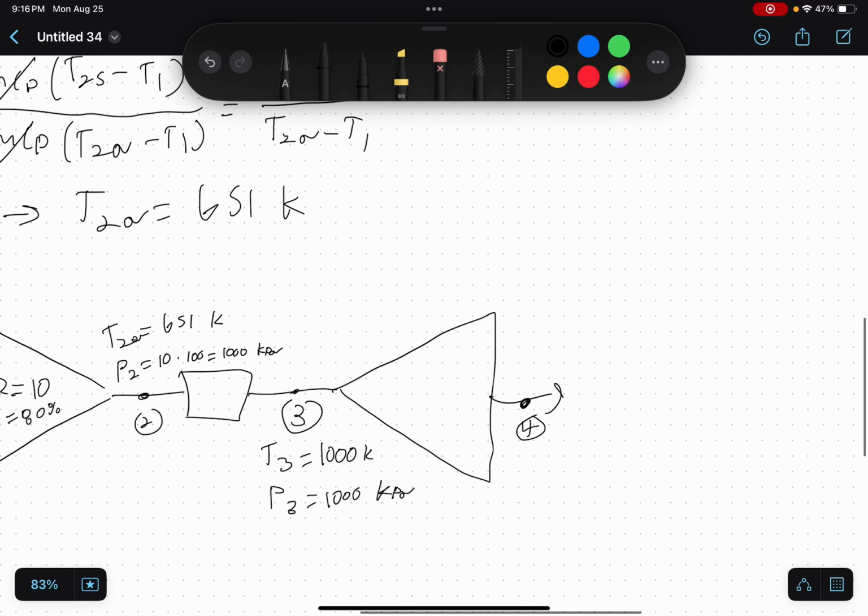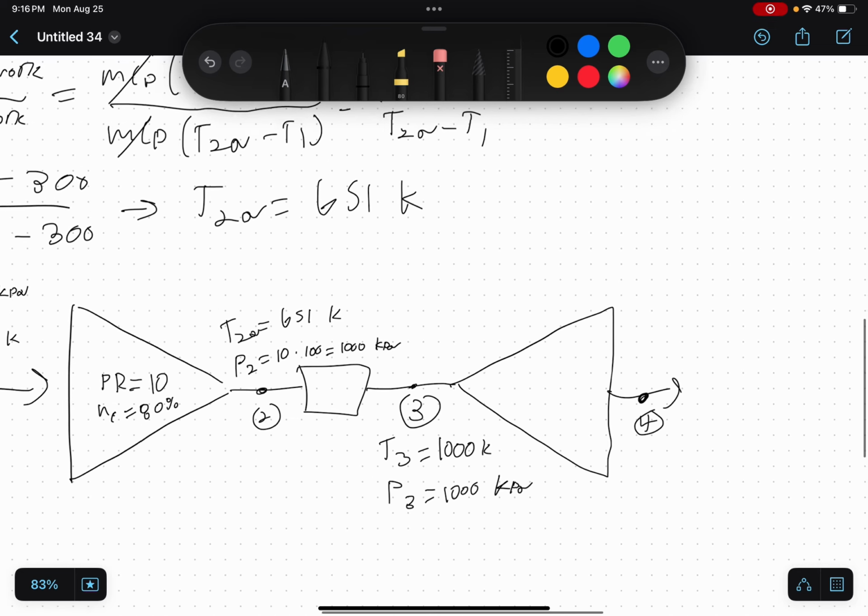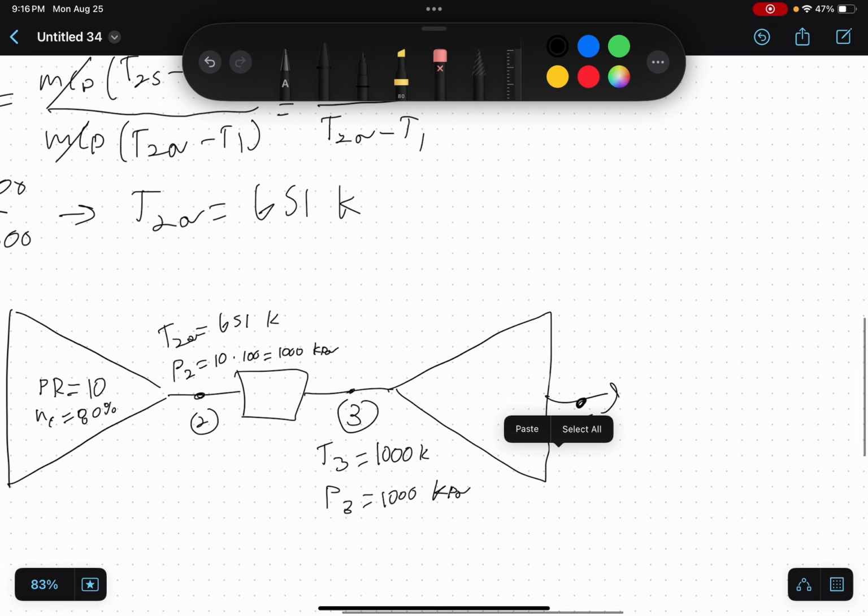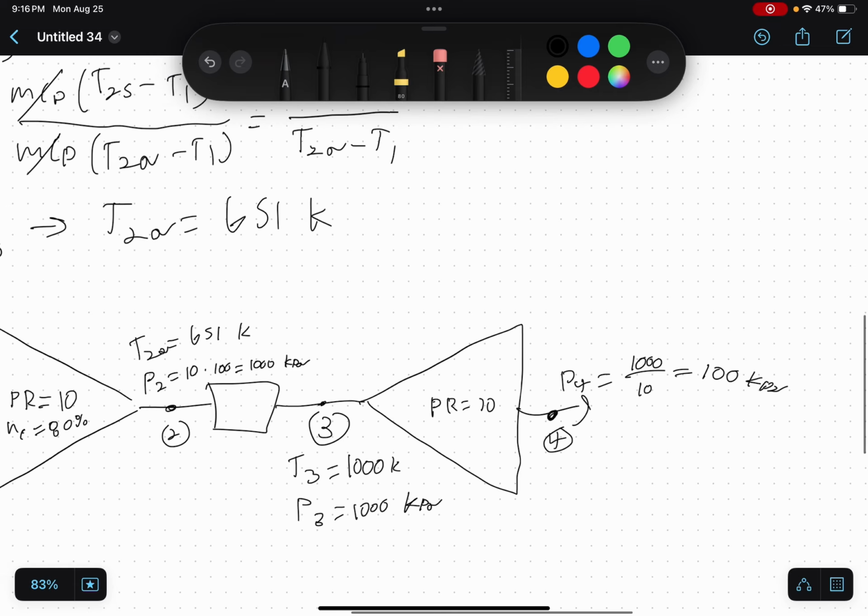So how do you get state 4? Well, let's assume you're going back down to atmosphere. So the pressure ratio is, let's say it's 10 again. Well, it is 10. P4 would be 1,000 over 10, which is 100 kPa. T4,